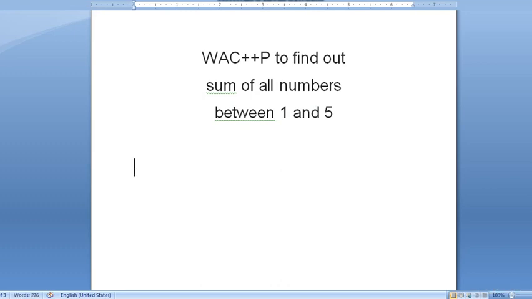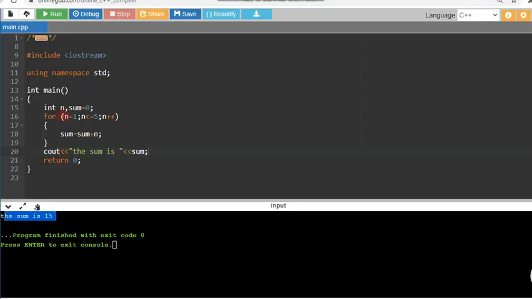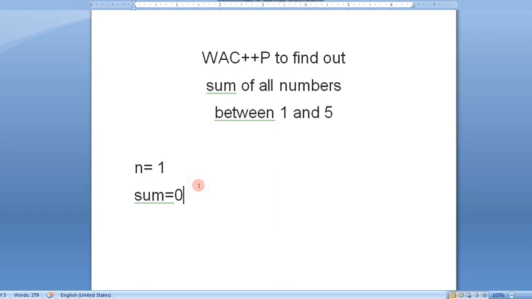So now what is the value of n? At present the n value is 1, and at the beginning what is the s value, or sum value? 0. Why is n 1? Because here we wrote n as 1. Then why is the sum 0? Because here we wrote sum equal to 0. Fine. Thereafter what will happen?